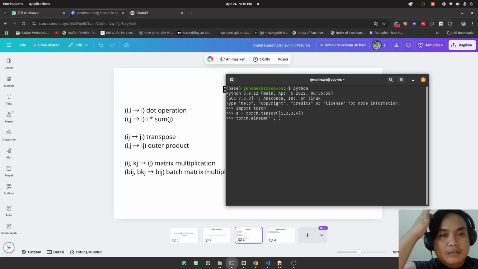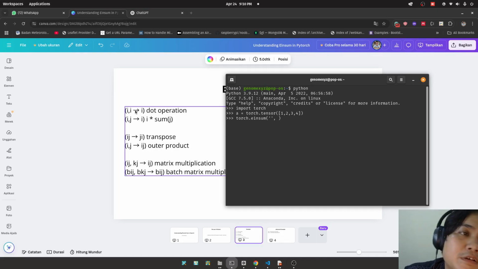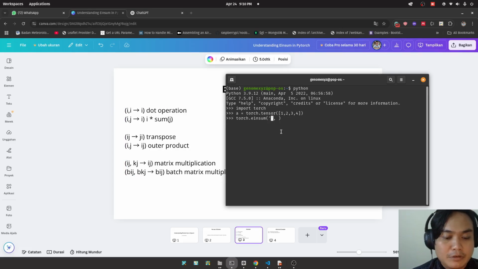So for the dot operation, we must write it as a string like this. It's not just I. We could use A or C or D, whatever you want, or just a capital A like this. For example, we're using a capital A, and then an arrow to the right and A,